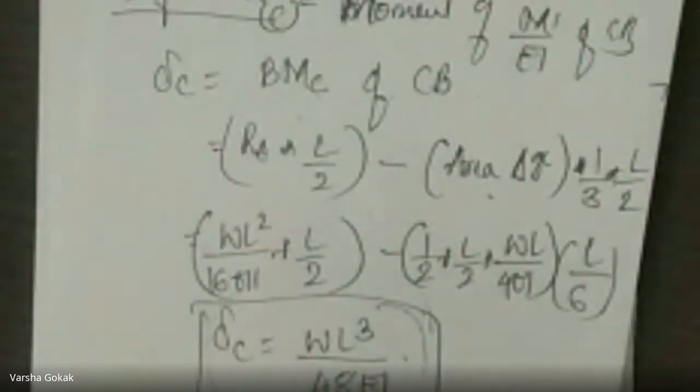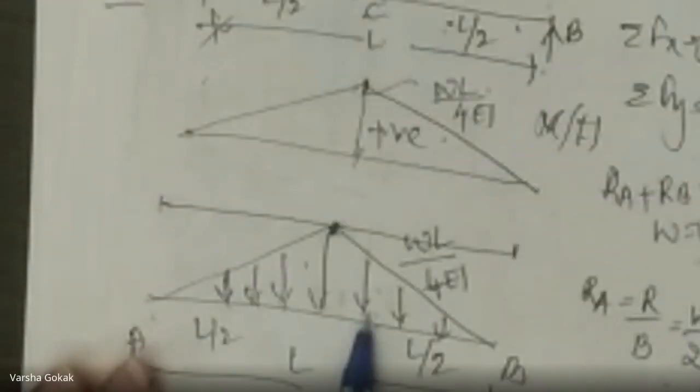How did we get it? For this particular case, draw the conjugate beam. It was, sorry, not a UDL, it was a point load. From the point load, you draw the bending moment diagram. From the bending moment diagram, you draw the conjugate beam. So it will be triangular. When I have a triangle, I have to calculate the reactions RA and RB first, using this triangle as the load. Triangular loading means uniformly varying load. The load magnitude is the area of the triangle, and the CG would be at 2/3 and 1/3 from the 90 degree.